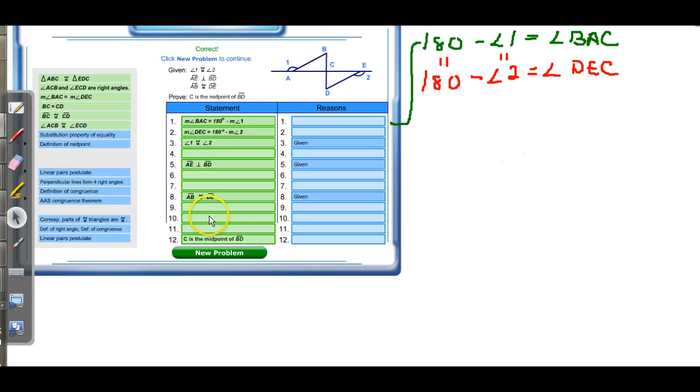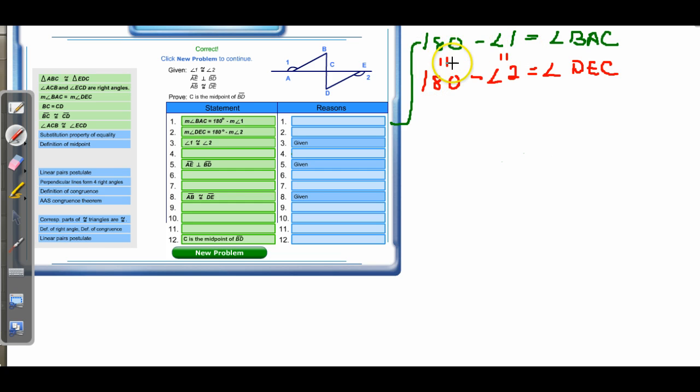So now it looks like they start out 1 and 2 here with exactly what I have written here. However, they put the angle first, like they put angle BAC on the left. So I'm going to just go ahead and rewrite what I wrote here exactly the way that they wrote it. I think my way is